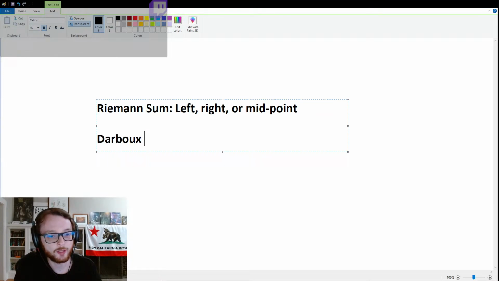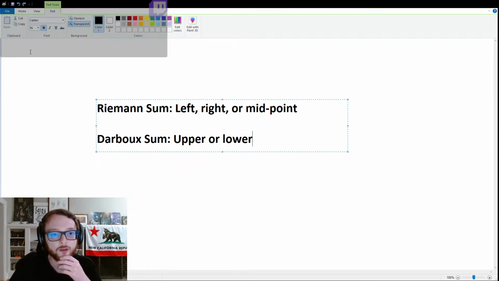Or if you do a Darboux, I guess I'll call it sum. I don't know, like sum and integral. I'm kind of using it interchangeably here. You can do an upper or a lower, and what that means is